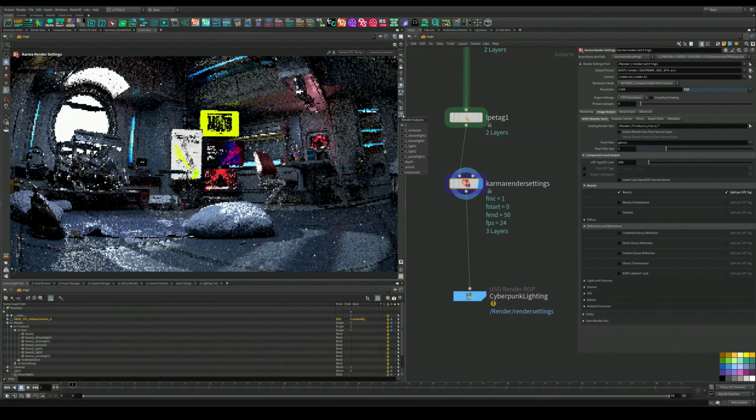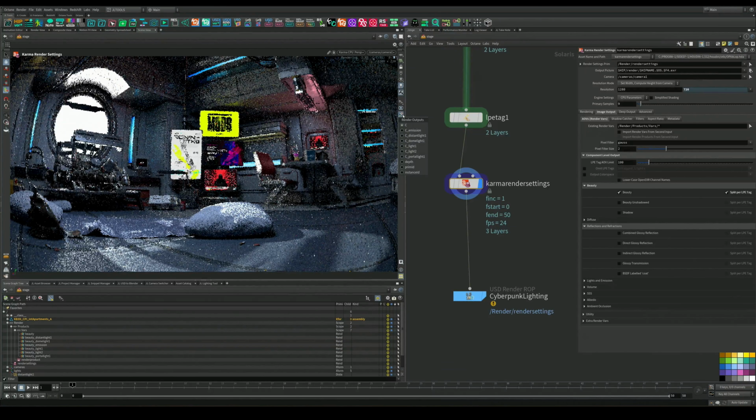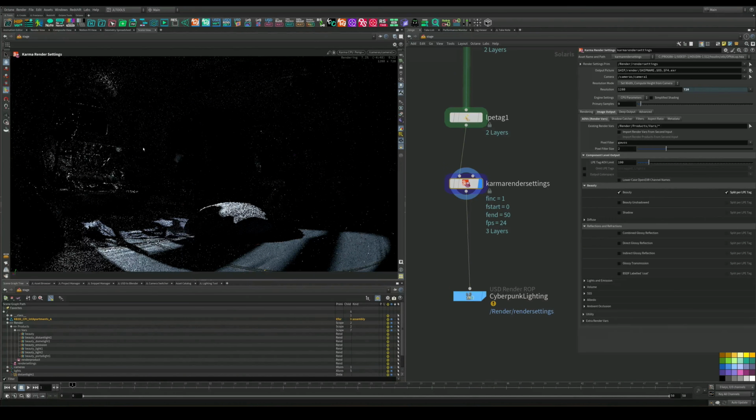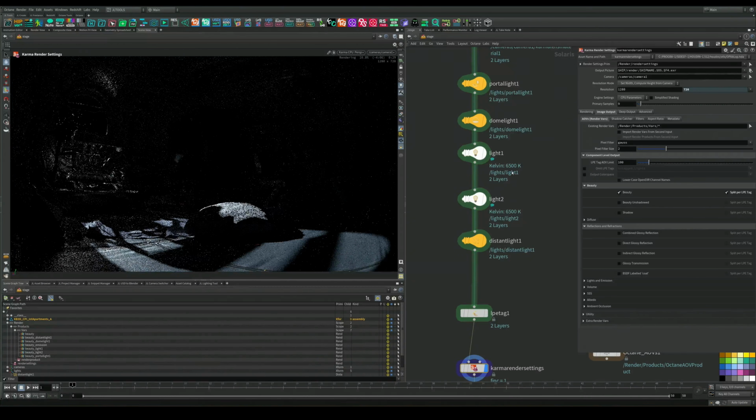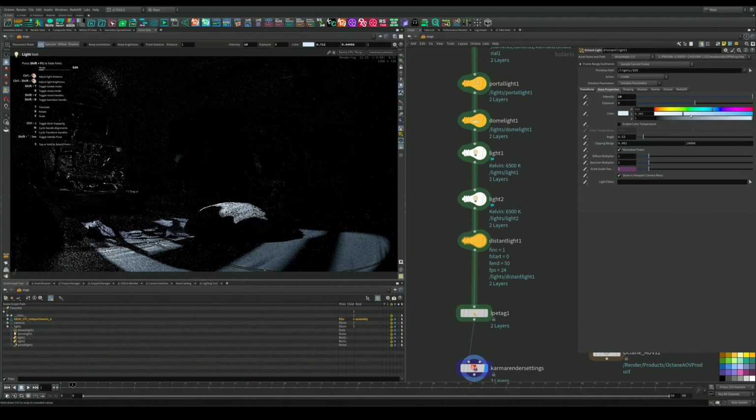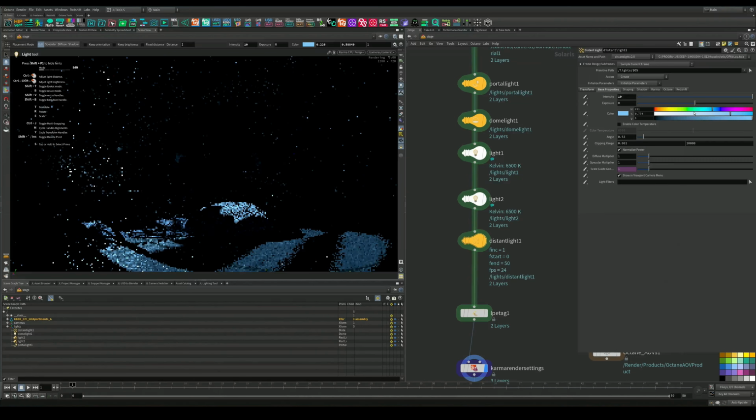I already had added the emission and have some depth in there. So if we look at the first one, it's the distant light, and we can see what is happening with that light. So we can go ahead and maybe start messing around with the light. Maybe we need to change the color to more blue or